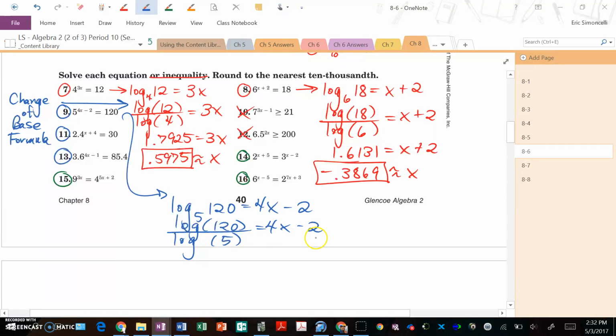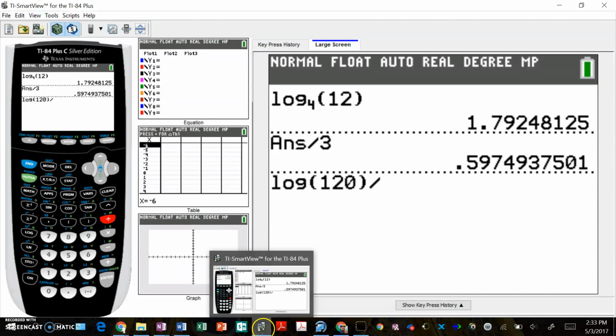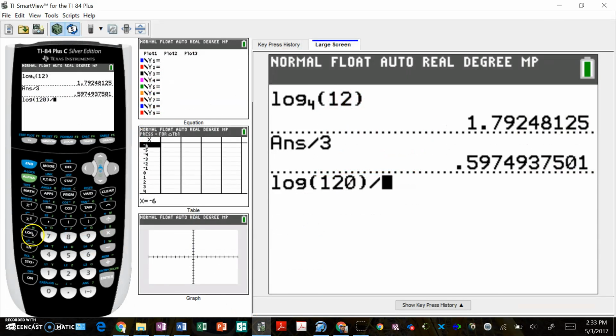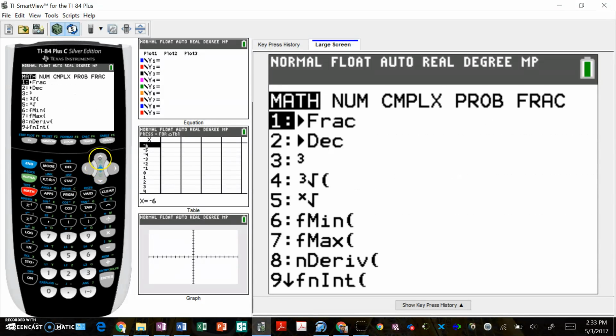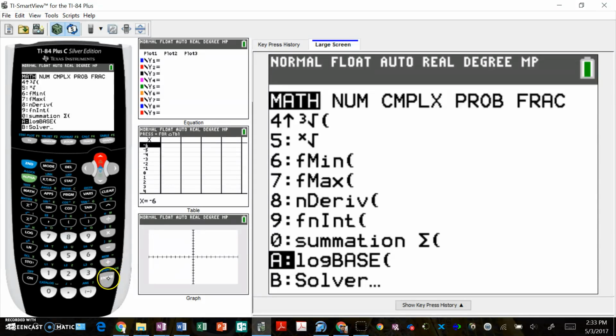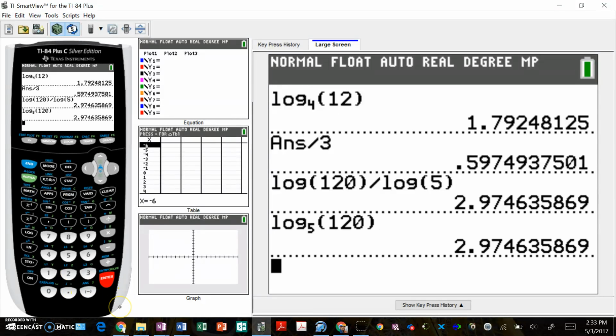Of course, because it's still equal to 4x minus 2, I still have to solve for x. So get your calculators out and let's do this. Log of 120, make sure you close the parentheses, divided by log of 5. And there's the answer, by the way. If you do have that special feature on your calculator, you could go up to Math, to log base under Math, and type in log base 5 of 120. It should not be a big surprise whatsoever. The answer is still